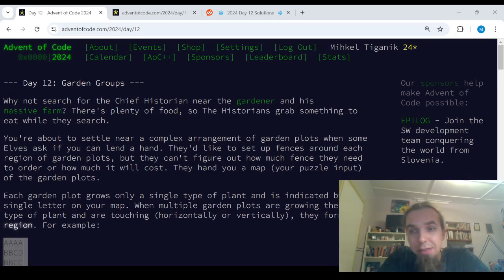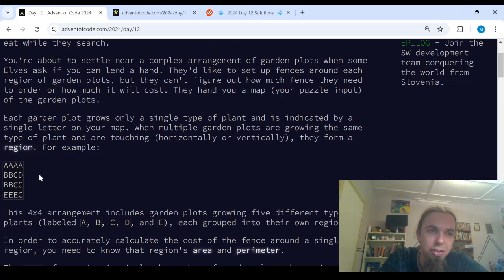Hello everybody, this is day 12 of the Advent of Code puzzle challenge, and today's puzzle is about garden groups. We and our historians came up to some kind of garden, and over there is a massive farm. We want to work over there, but the elves have asked that different plant groups need to have different fences around each other, so we have a region, like a map that contains different plants, and for each of those plants we need to find out the perimeter and the area of that particular